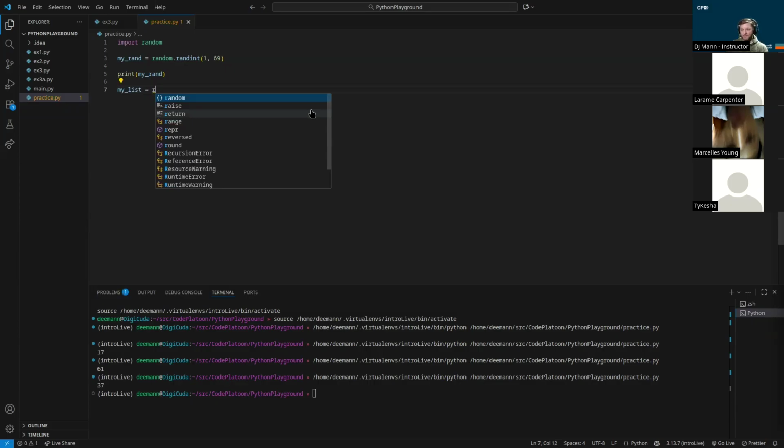Dominic says you could loop this. And yes, you could build a loop to go through and get random integers. But if we ran into a duplicate number, or a number that was already in our list, we'd have to run the loop again. While it's unlikely, the more numbers we put on our list, the more likely we're going to get duplicate numbers, which we have to put in a check to run it again if we already have that number in our list. But if we do a sample,